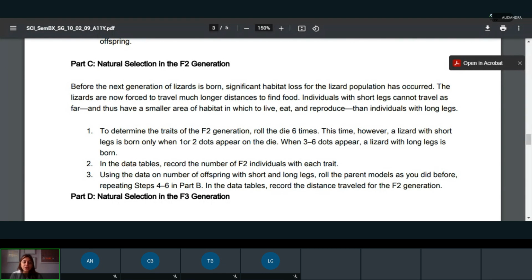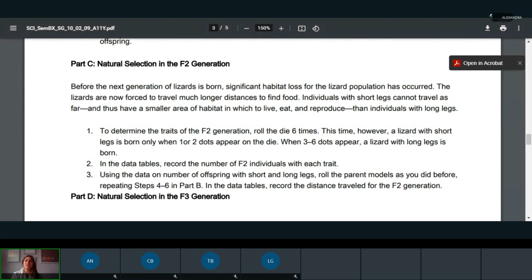So now you're going to turn the short guys 3 times and record the distance, and then turn the long legs 3 times and record the distance in each one of those tables. So you're each going to do that for yours. You got 6 for all long legs, Denny. That works. I mean, it happens. So then, Denny, you're going to turn your thing 6 times and find out the distance.